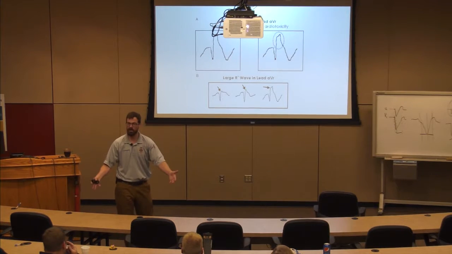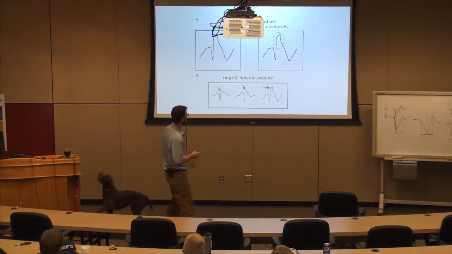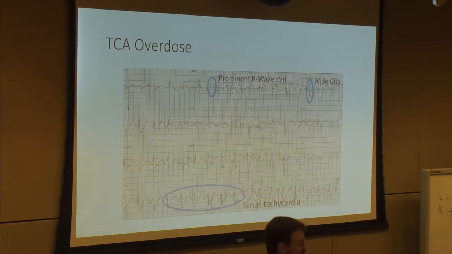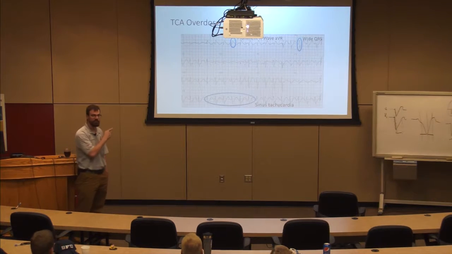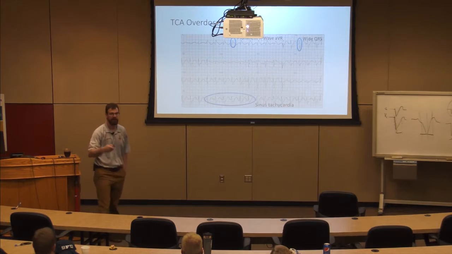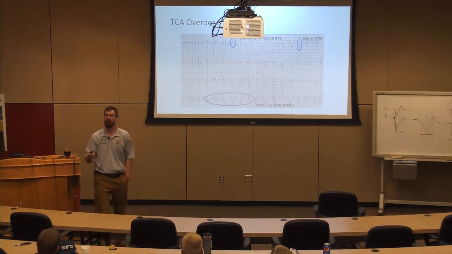So in the clinical context of potential overdose, I'm going to use a 12-lead, and I'm going to look specifically: do I have a wide QRS? And if I do, is it bizarre, and do I have a prominent R wave? Sodium channel blockade, okay? Does that make sense? Those are the features of sodium channel blockade or tricyclic, and we treat that in the pre-hospital setting, right? We treat that with bicarb.